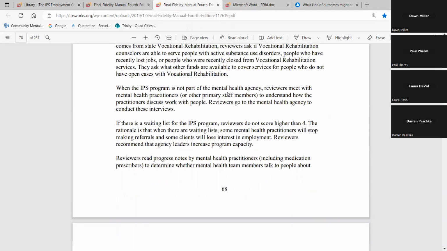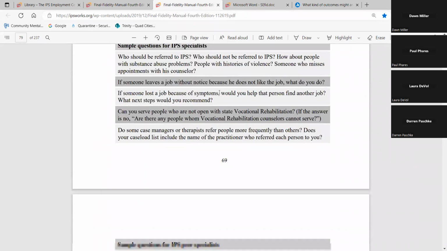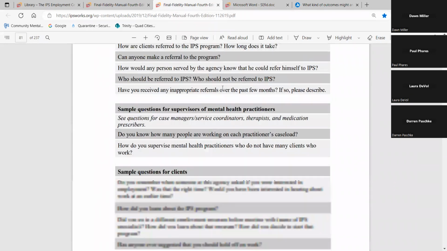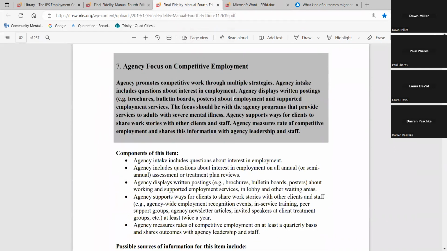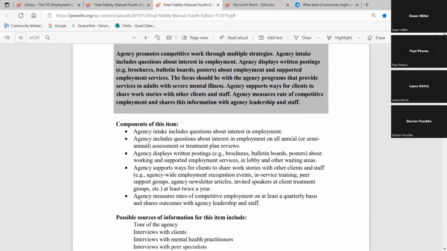And it's okay to note that in the report too. For example, I was at a review one time where the local vocational rehabilitation office had some staffing turnover among counselors, and so they didn't have a counselor assigned. And it was a real disaster for this agency to try to connect with vocational rehabilitation according to the fidelity scale, because there wasn't a counselor for them to connect with in that way. So the score was the score just because of the way the scale is written. And they understood, they weren't upset about it. They knew, most agencies read this stuff too,